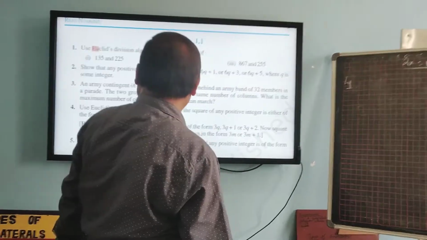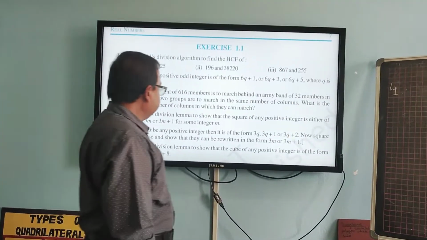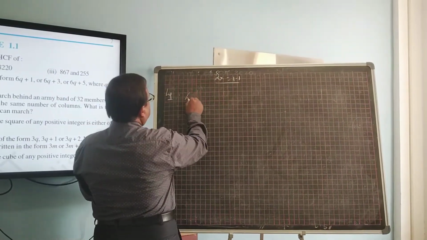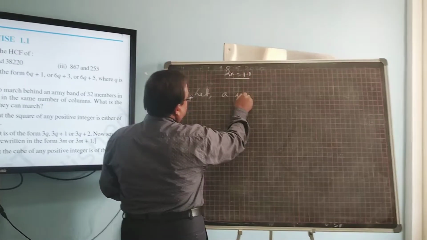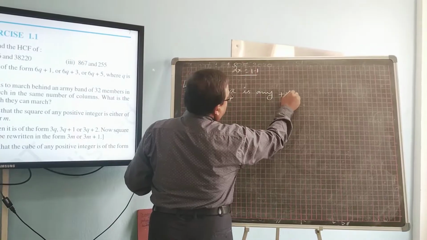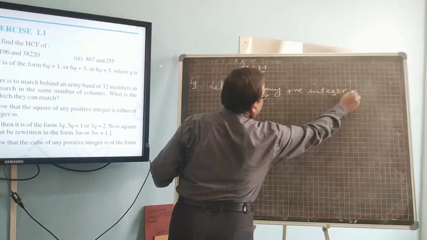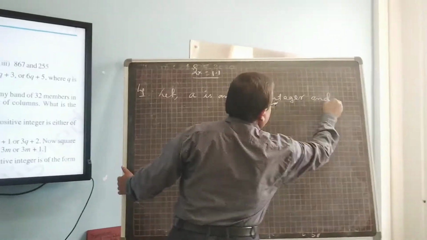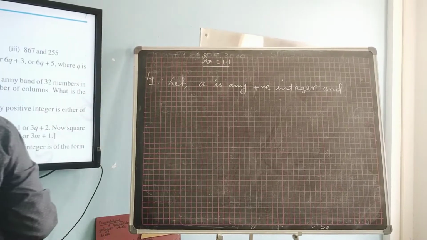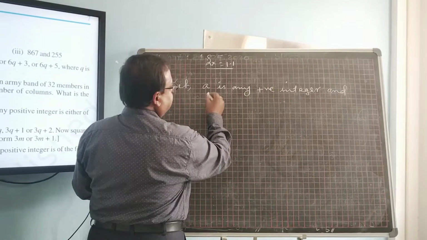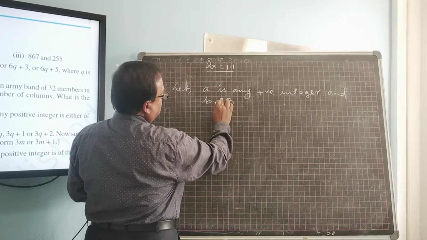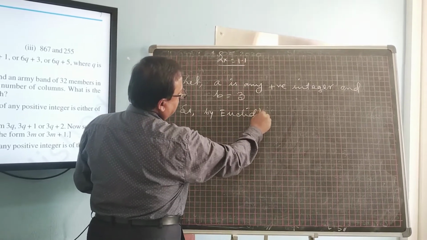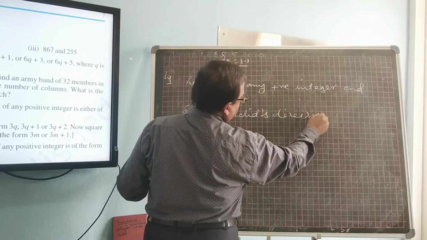You write as same as previous. Let a be any positive integer and b equal to 3. So by Euclid division lemma,